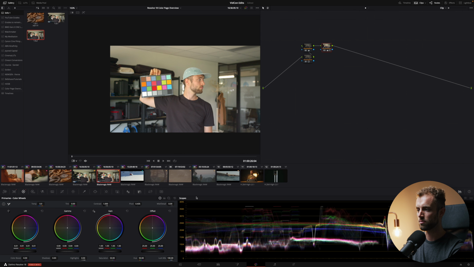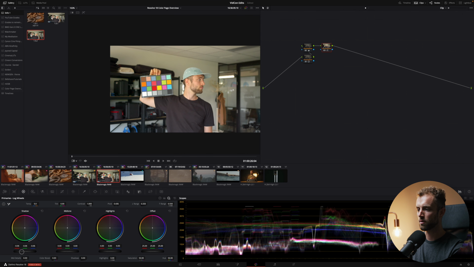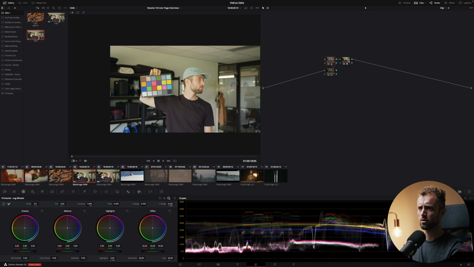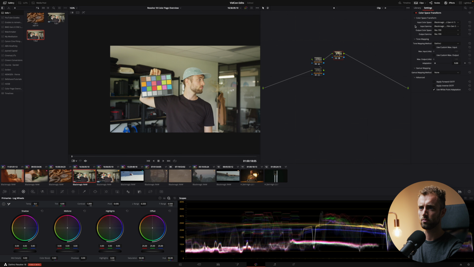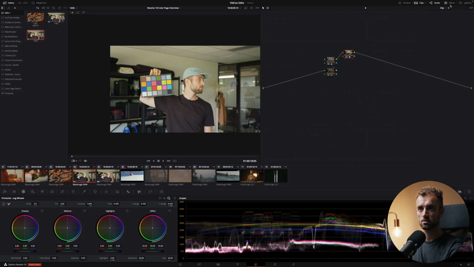So it's more attached to the rest, and the log wheels really grant you access over particular parts of the image. So that's really good. But they're called log wheels, so you should use that on log image. However, if you decide to use it on a clip that you use the CST node on, for example, this one, you can also, if you really want to, use it after, because the CST node is non-destructive, so it won't bake in the data as it would when you use a LUT.